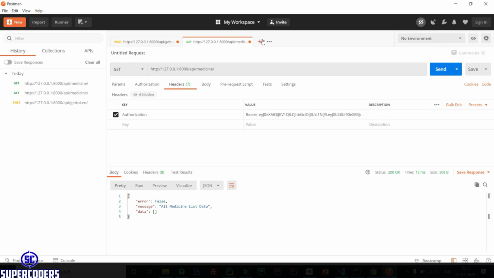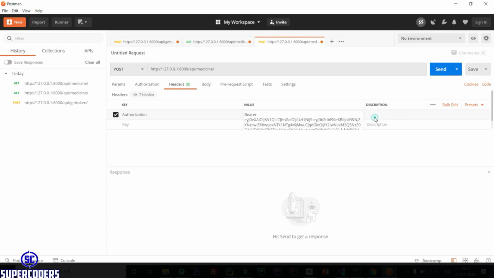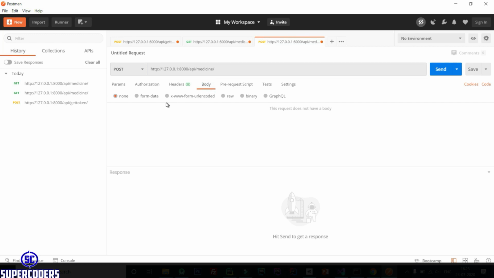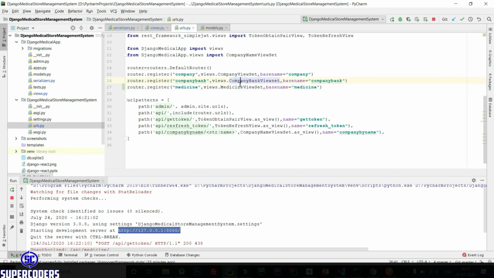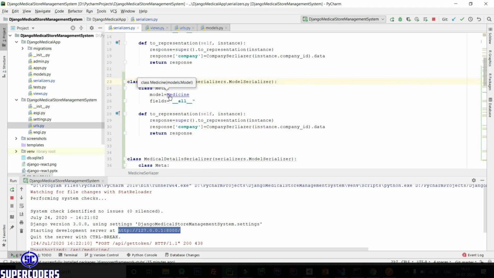Now again open a new tab and call the POST method. So HTTP medicine. Now in the header, pass authorization, then in the body, pass data. So first, let's see what the data is.